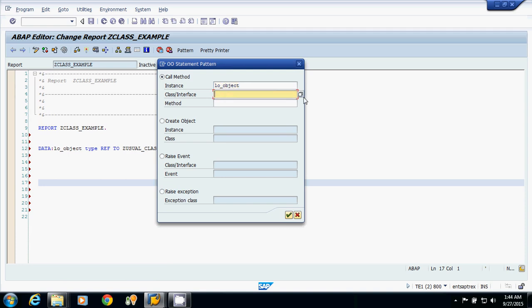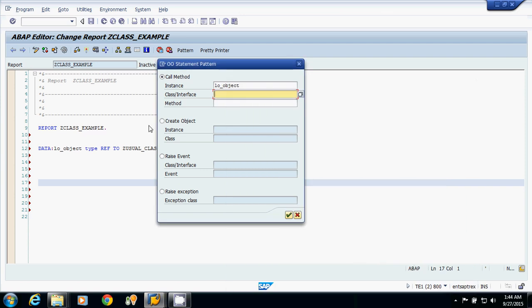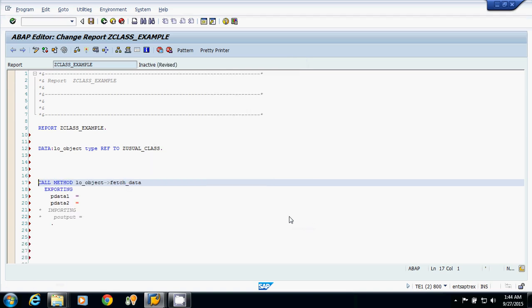My name of the class is zusual underscore class. Now I will press F4 on the methods. This is my method name, fetch underscore data. Now I will click on the OK button.